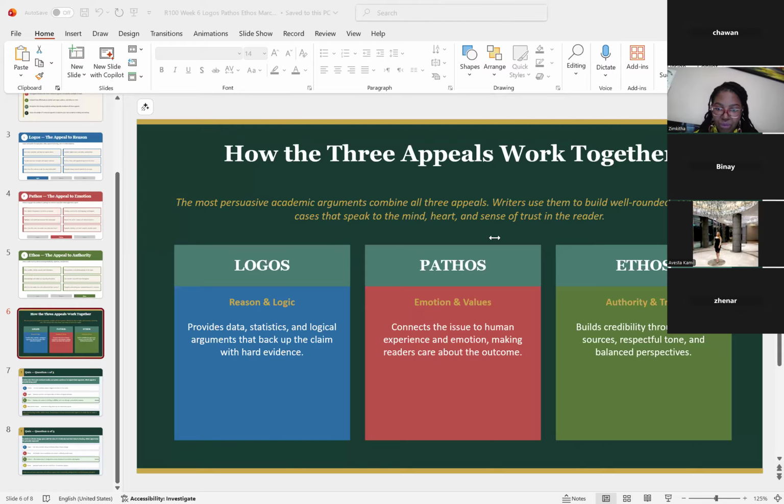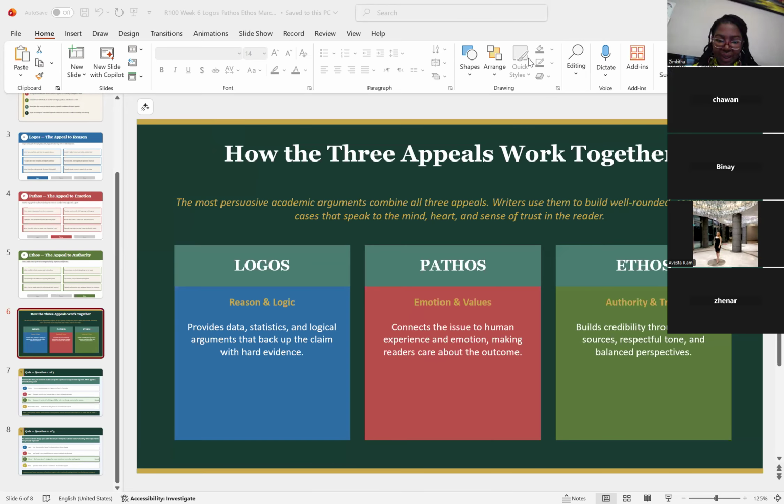Okay, right. So I'm going to stop sharing my screen a little bit. I wanted to share with you guys, it's in your Reading 100 course readers. I want you to go to your Reading 100 course readers, which would be on page 71. I'm going to share my screen again, and then we can do this exercise together.